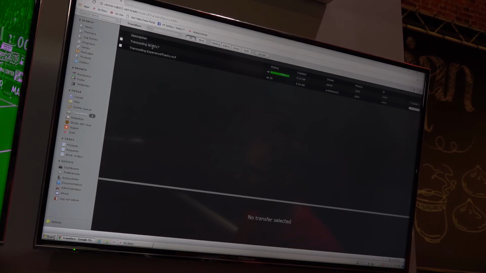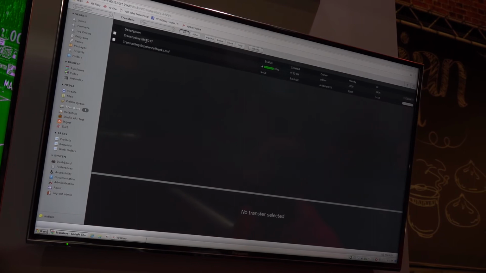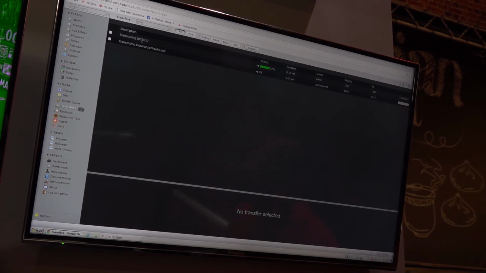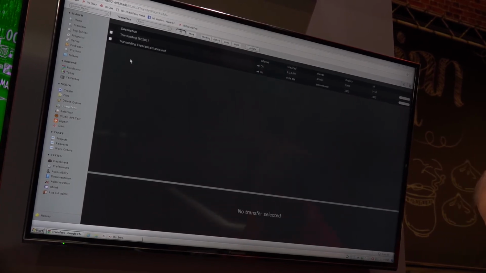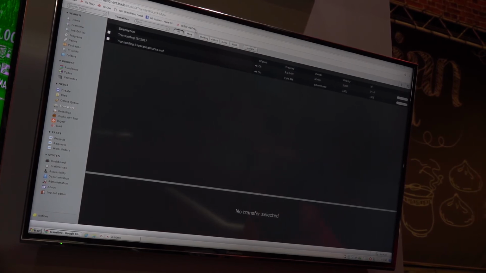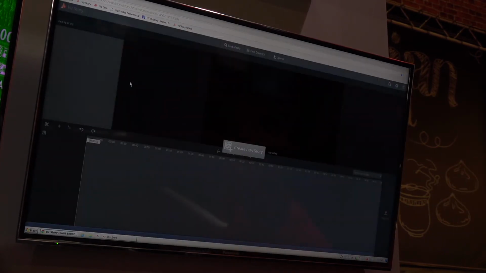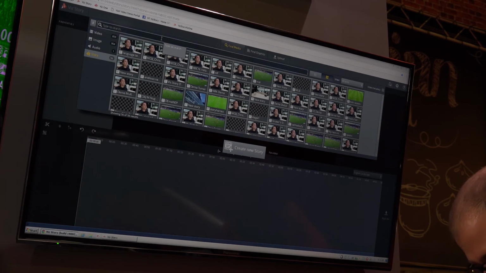And once that's ready, I'm going to open that one up and create a new story in our online publishing tool, Viz Story, which is a very great publishing tool. Okay, seems to be there. I go to my Viz Story here. And Viz Story is a very great tool because it allows customers to publish stories from anywhere to anywhere. So you can publish to online, any type of social media sites that you want to do. And if I go here and browse for my media,